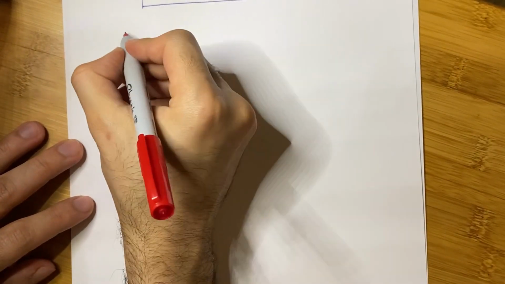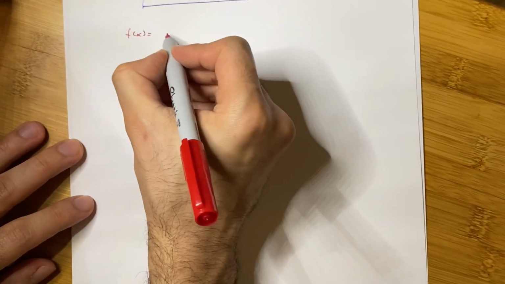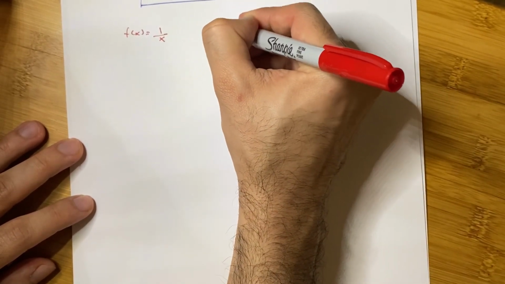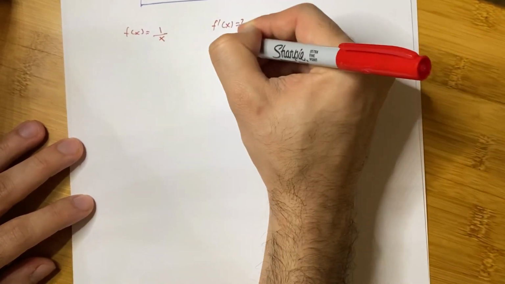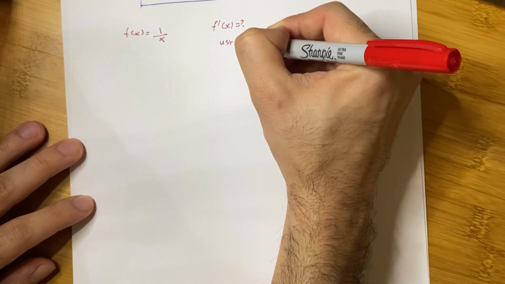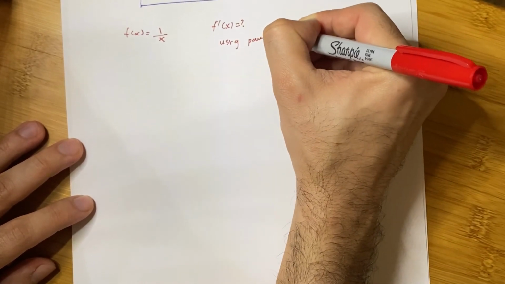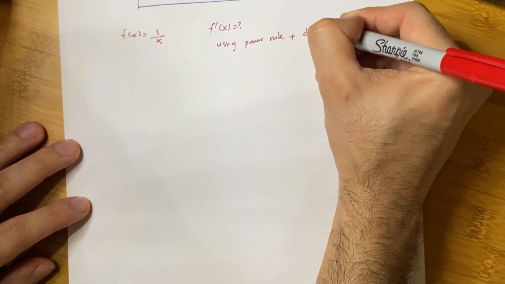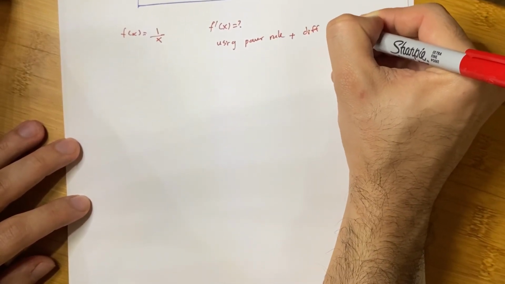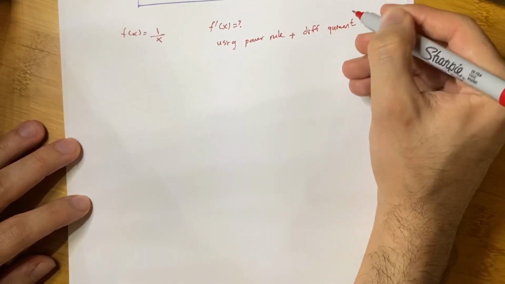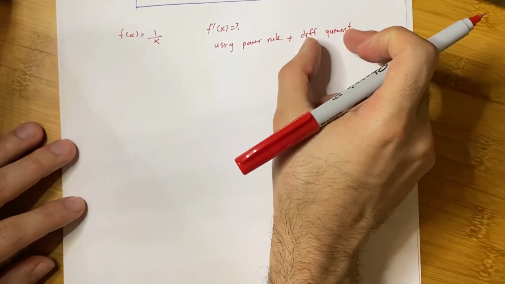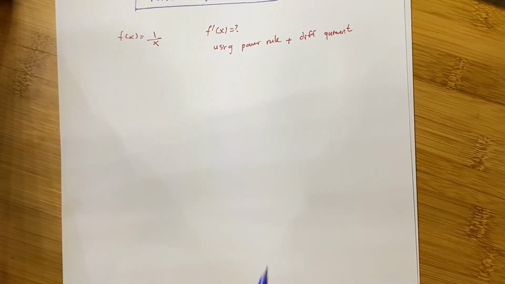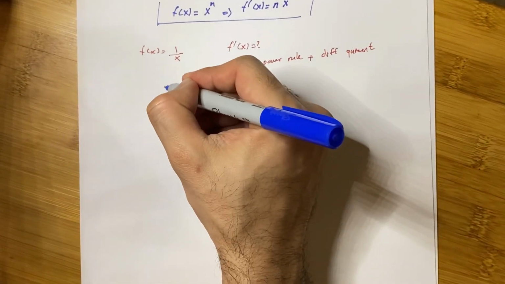So what we have now is f of x is 1 over x, and then we want to find its derivative using our rule, the difference quotient. Okay, which is the definition of a derivative. So in case of using the power rule,